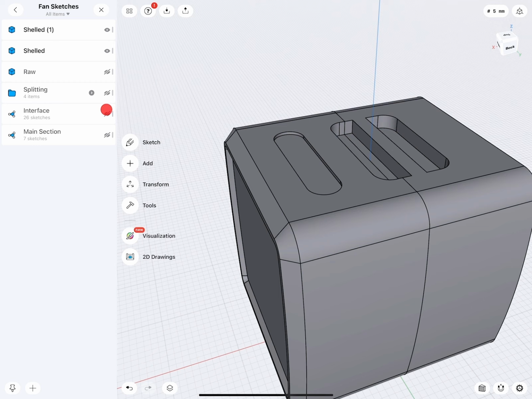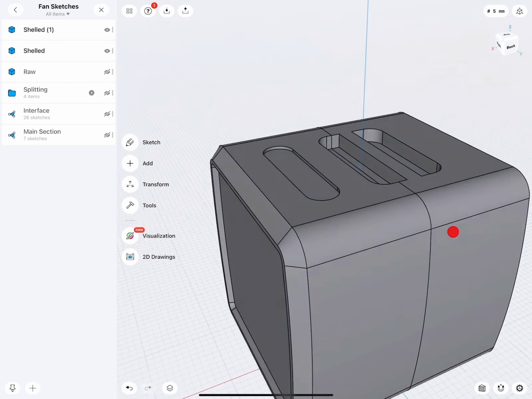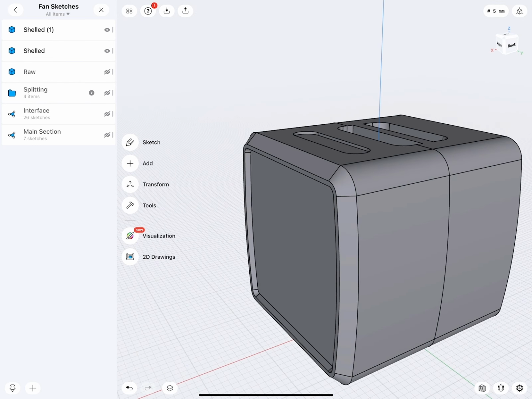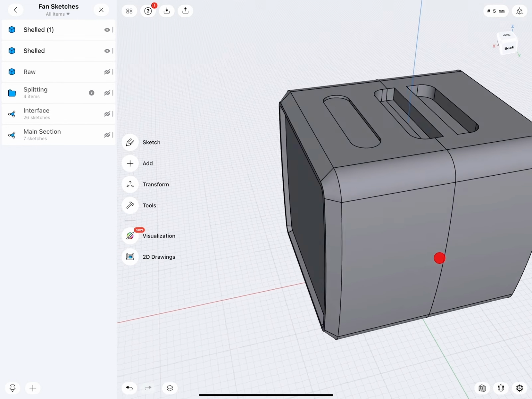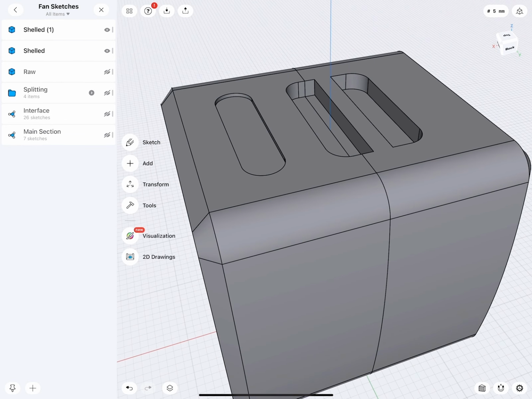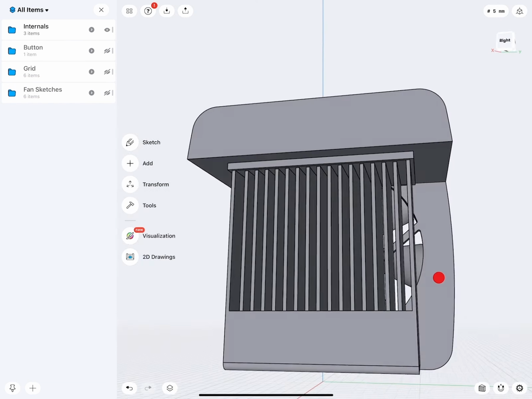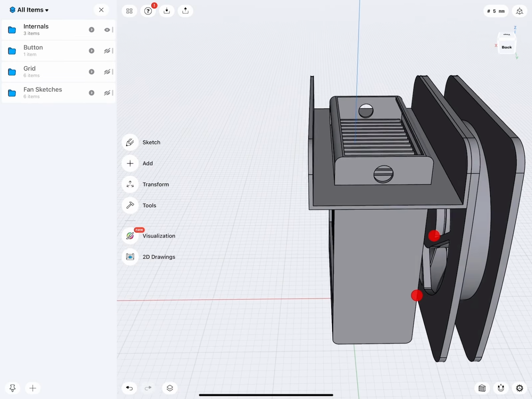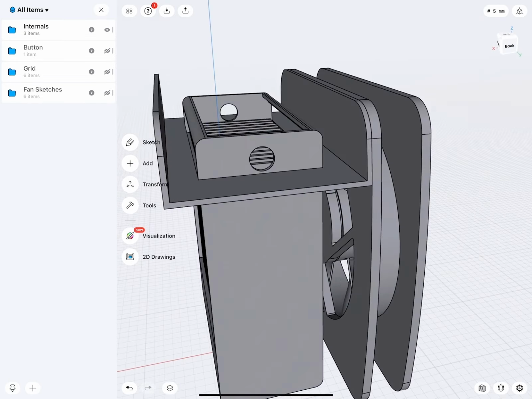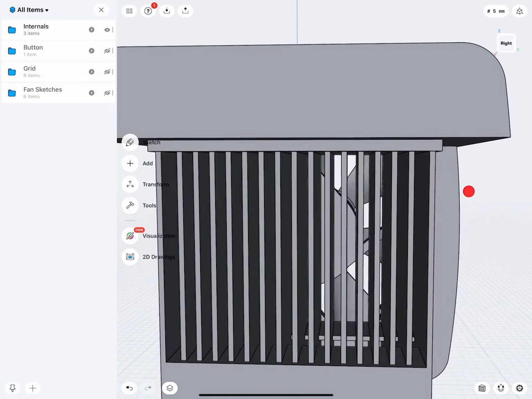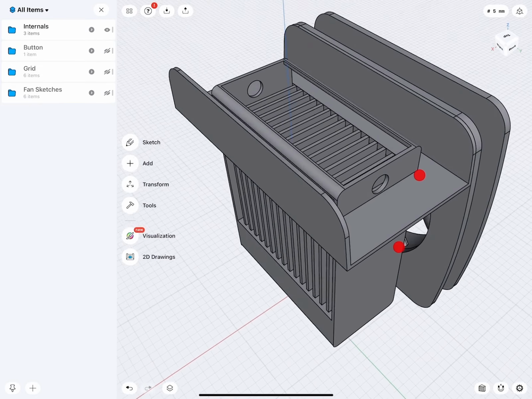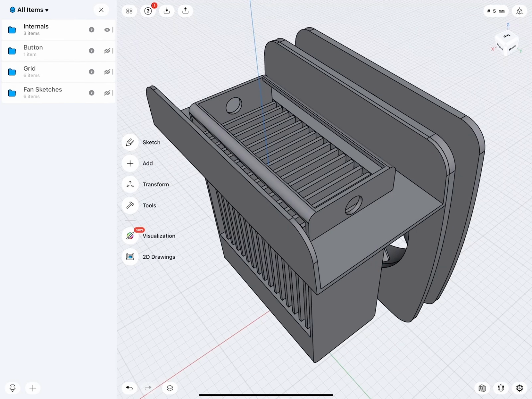Okay, very nice. You see, this goes actually pretty fast. We first explored the volume, then we made a copy, and now we're working on the interface elements. In this design, we have also all the internals. The felt filter with a water reservoir and a fan to blow the air along the wet felt.